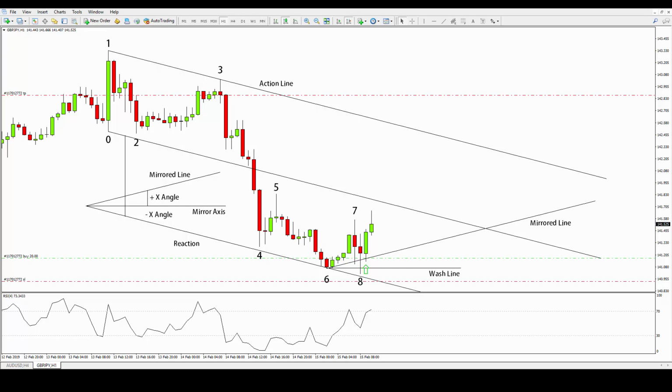We can see that these lines have some value by observing how they sort of predicted the absolute low number 6. Observe that this prediction could have been made right after high number 3. From this point onwards is where the idea of a possible trade started to arise. The reason for this is pretty clear. The action and reaction lines were telling me that low number 6 was a market edge, and in number 8